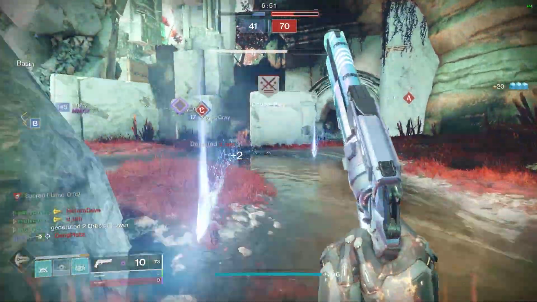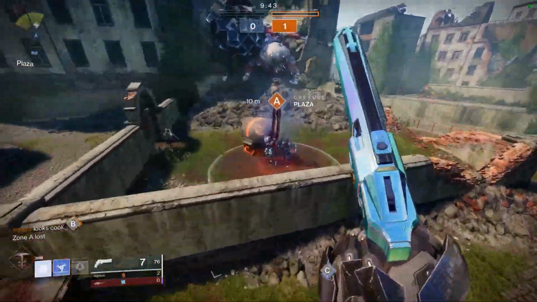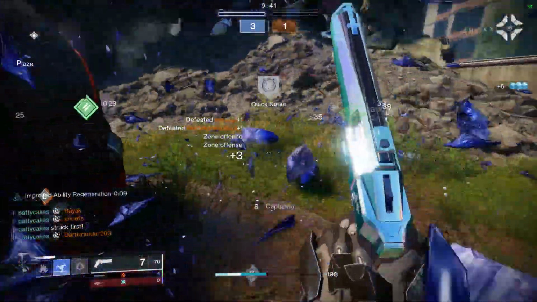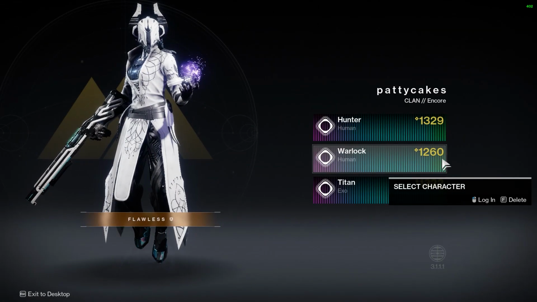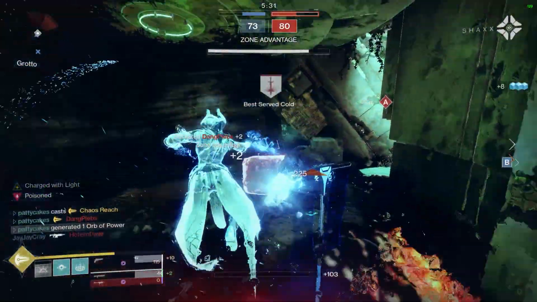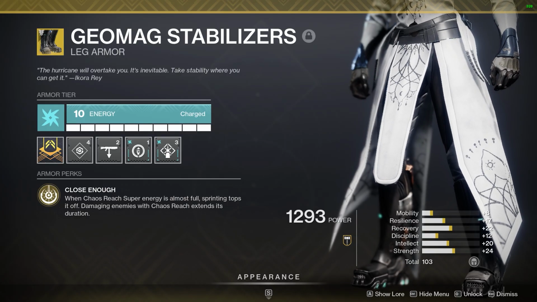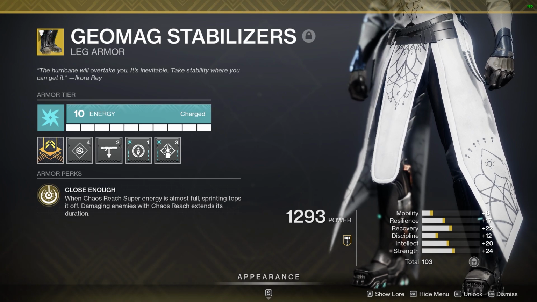We were talking about how some builds are just extremely superior to others. For example, how the Revenant Hunter overshadowed almost all other Hunter subclasses. We came to the conclusion that amongst the Warlock subclasses, one of the most annoying to deal with was the Chaos Reach. The middle tree Stormcaller Warlock, together with the exotic boots Geomag Stabilizers, allows you to get supers incredibly